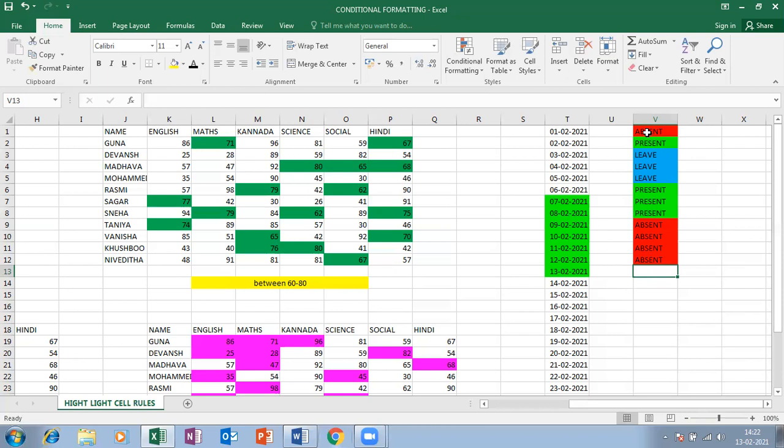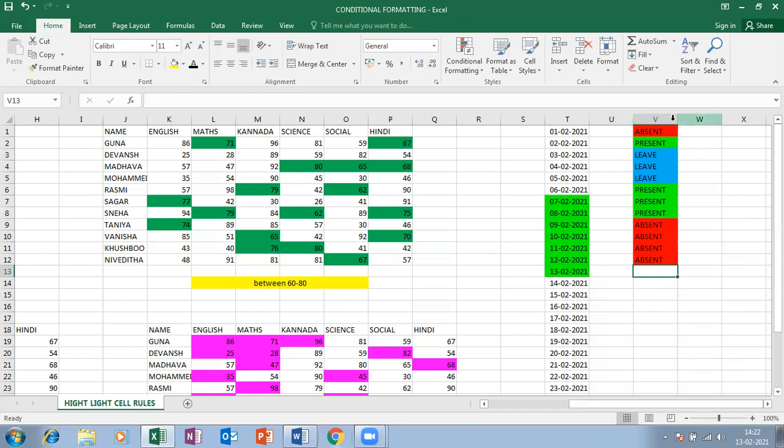See, is that clear? So this is how we do conditional formatting based on text. Okay, so any text like absent, present, leave, or any days, whatever you want, you can make it like this.